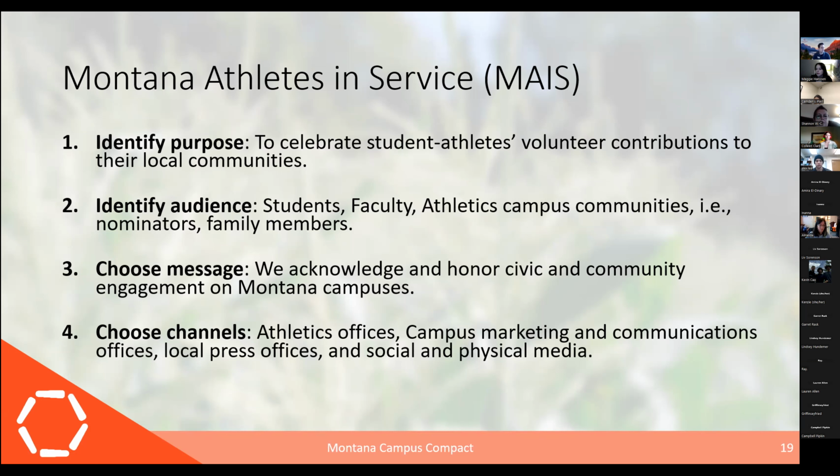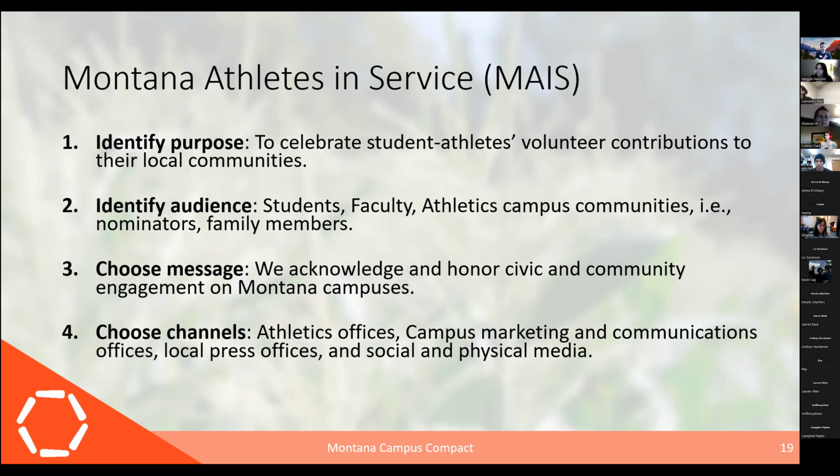And so we used a similar approach when we think about a communication strategy. We identify the purpose. As I shared, we celebrate student athletes and their volunteer contributions in their local community. The audience that we typically tap are students, faculty, athletics, and campus communities, and that goes back to the idea that student populations are not homogenous. There is an enormous amount of variation there, not only within your average campus community, which in itself doesn't really mean much, since most campus communities are pretty diverse anyway. But it's about making sure that we're also